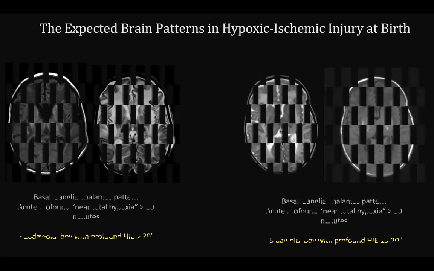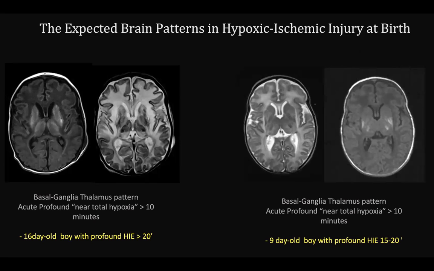What are the expected brain patterns in this age group? First of all, you know the basal ganglia thalamus pattern. They say, historically, that this is the typical pattern, as you can see here: in T1, bright signal; in T2, again, hyperintense signal. Here, an even more typical posterior lateral putamen and lateral thalamus signal abnormality, very typical of